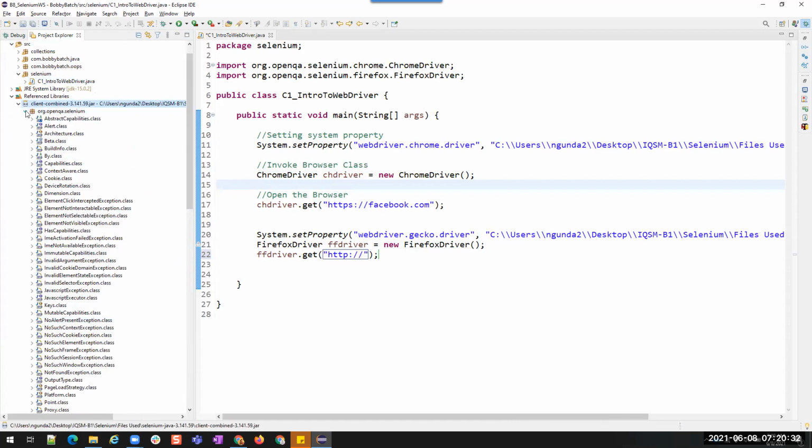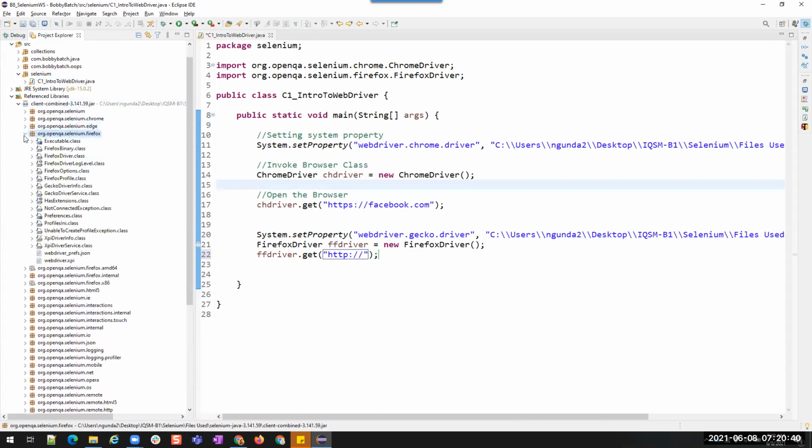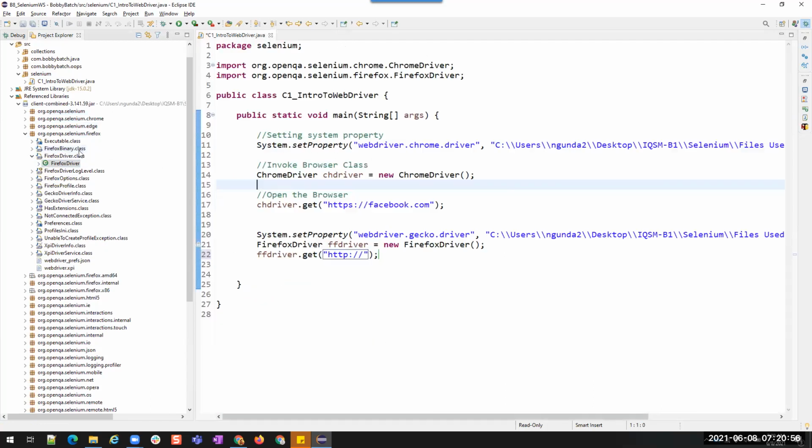Oh, okay. In these libraries we have all the code related to Selenium. You see Chrome, Edge, Firefox. We are creating objects for these packages and classes. You see the FirefoxDriver class. Inside this, we have the methods. Once I open this, the source is not attached so I'm not able to see the source, but all the methods are present inside this FirefoxDriver.